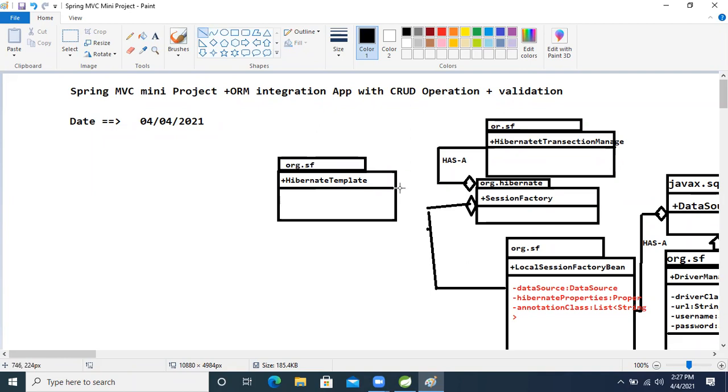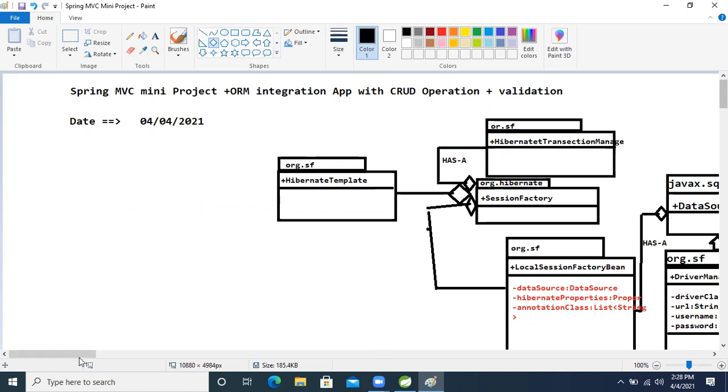Today I'm going to create a lot of images. For any operation, like the save operation, I will create the UML diagram notation, everything diagrammatically. Till now, whatever I taught, I did not give any image, because I just taught concepts. But here I'm going to give the project implementation, so I will create each and everything.